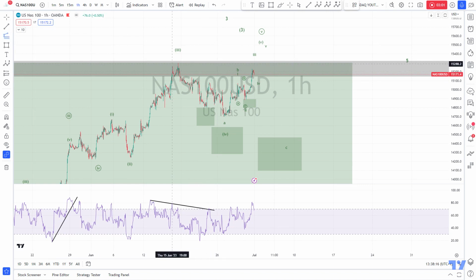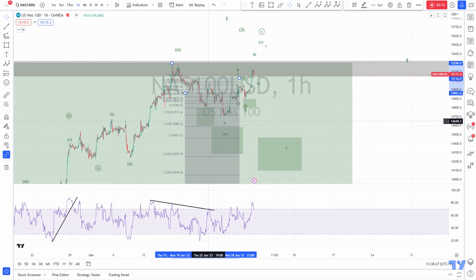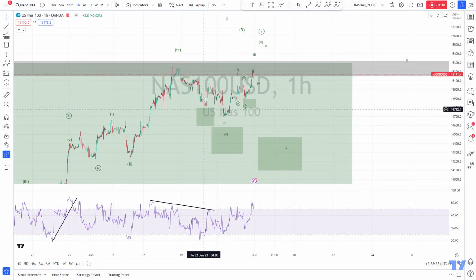You find this area by taking the length of your wave A, the length of your wave B, and then the area between the 1 and the 1.618 extension is your area to buy. As you can see, we had a nice push from here. This was a first move up. We took our profit because I was also in doubt that the correction would be over here. This would have been a very shallow correction. Sometimes this happens, but from experience, I just thought that we could pull back more,